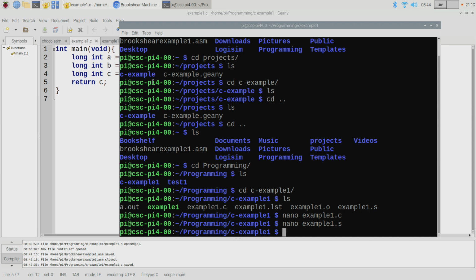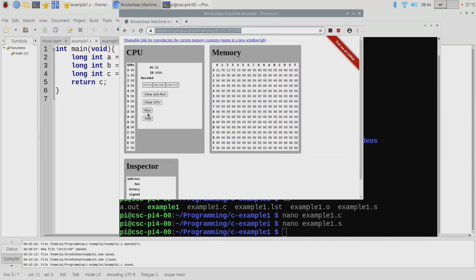When I load something in the Brookshear emulator, I can step the execution one instruction at a time, and I can see exactly what's going on with all the registers, and in this case, because there's not that much memory, I can see the contents of every single memory cell and watch the program execute step by step. So how do I do that with a real program?